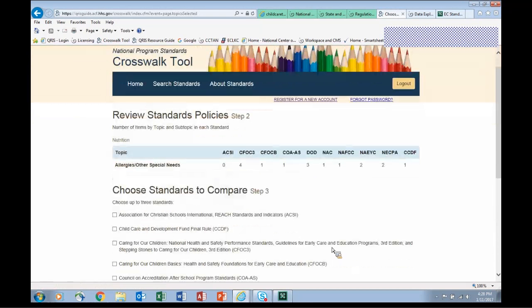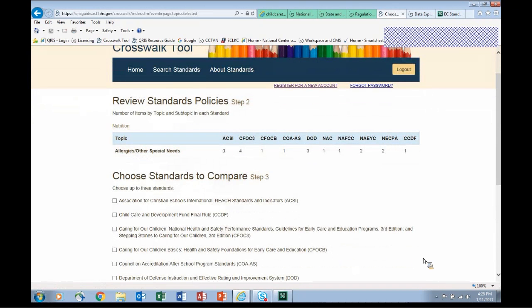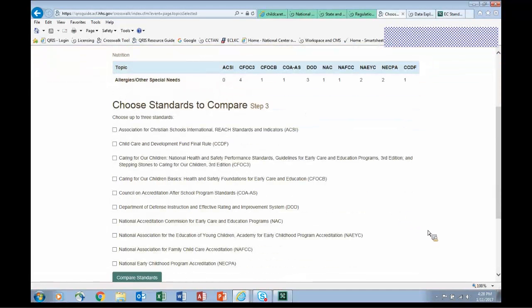Now, one thing that this tool has that I think really makes it very helpful is this list here of all of the different sets of standards that are in the crosswalk tool. You will notice that we have just recently added the CCDF final rule language in here. We pulled out some of the specific requirements that are for providers.